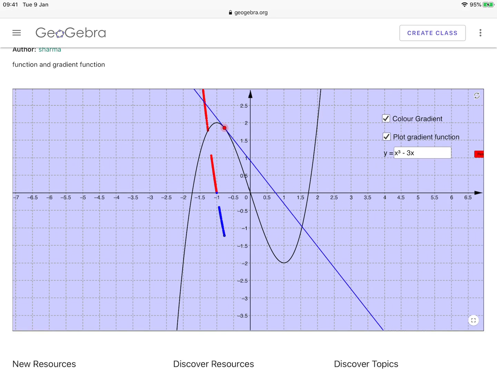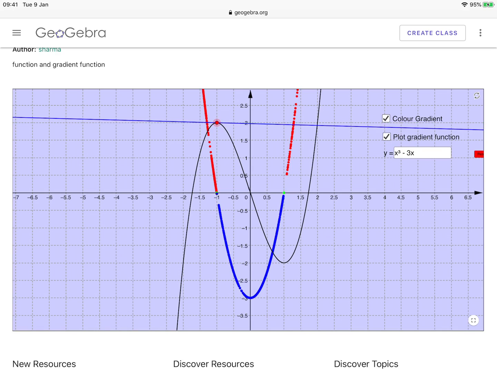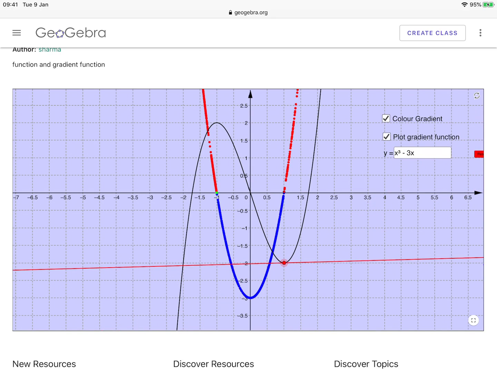So then if I continue, now dy/dx is below the x-axis. Oh, and now I've gone a bit ahead there. dy/dx is below the x-axis, and then we're at our turning point, so that's in green, and then it becomes positive again. So that's why the function looks like it does, because we've got our turning points, that's where they cross the x-axis. Then where it's negative, it's going to be below the x-axis, and then positive again, so